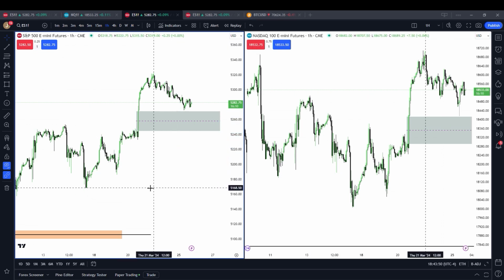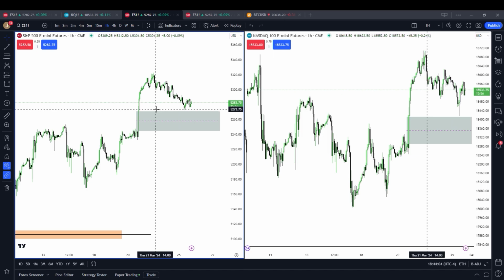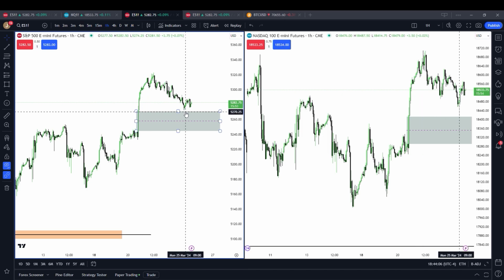Anyways, this hourly fair value gap here and the one on NQ, those are what I was looking for. Technically, I was looking for more towards the middle, that midpoint right there. So I was looking to enter here. As you can see, we never actually reached back down into this gap, even as of now. So I will just be watching how price acts when it reaches this point, the high end, and